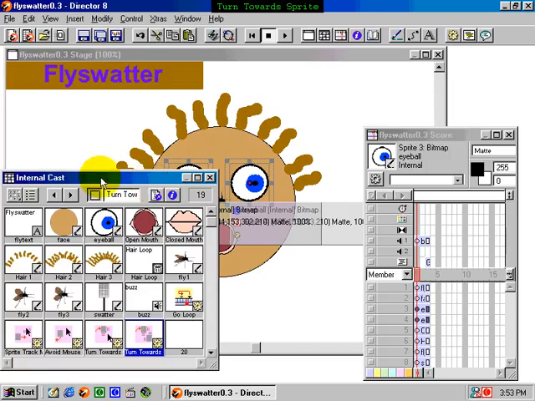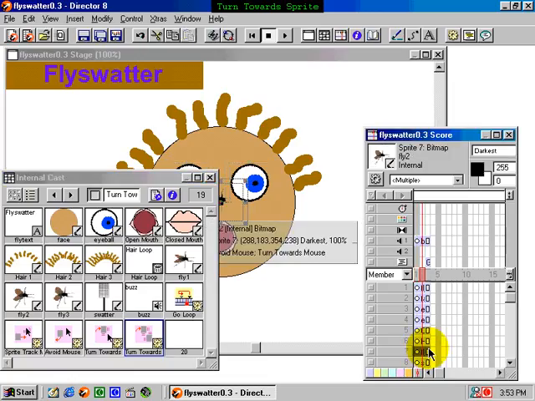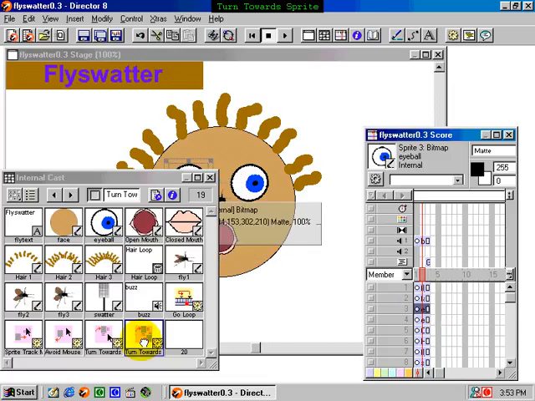Now this particular behavior needs to know which sprite it's supposed to turn towards, so we need to find out. Fly is what we want these eyes to turn towards. That's our fly sprite, and it's in Sprite Channel 7. That's important to keep in mind because when we drag our Turn Towards Sprite behavior on top of our left eye, let's start with the left one,